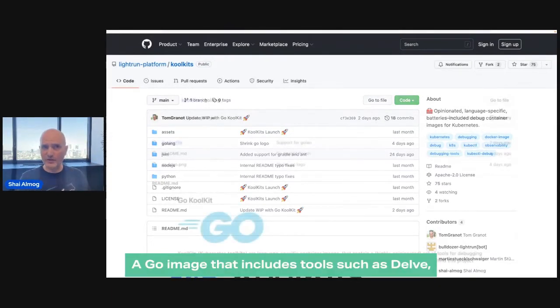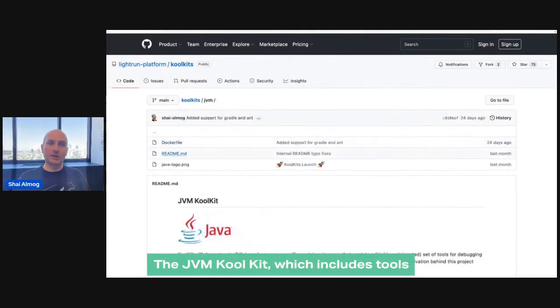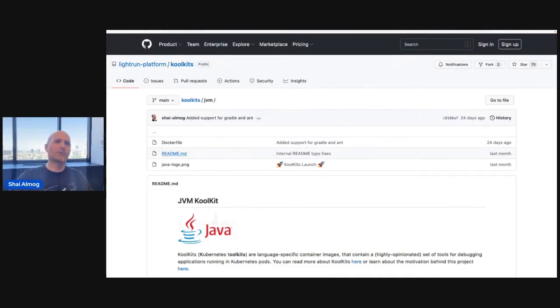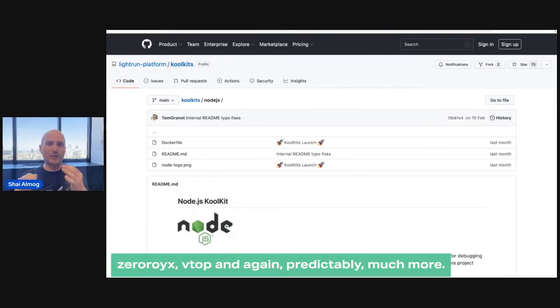A Go image that includes tools such as Delve, pprof, GoCalvis, and many others. The JVM KoolKit, which includes tools like SDKman, JMXterm, Honest Profiler, VisualVM, and much more. The Node version includes NVM, NDB, 0x, VTop, and again, predictably, much more.